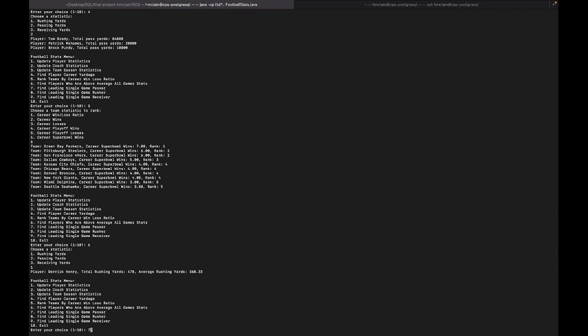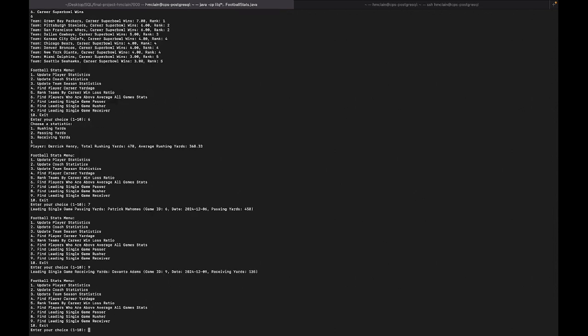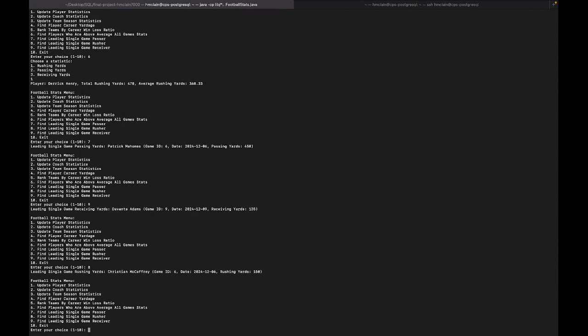And then these are just some more simple queries that I added, where you can see the single game leading passer. So it gives the game ID, the date, and how many passing yards he had in that game. And I have a few others like that as well. But that's basically what